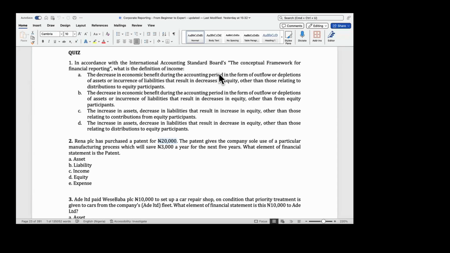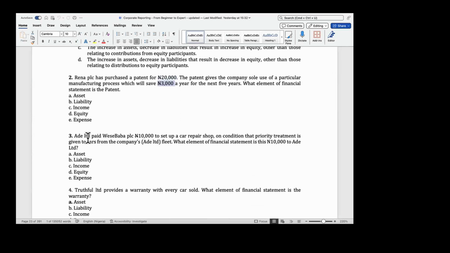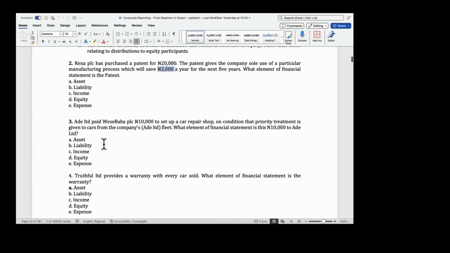What element of financial statements? Assets. It is not an asset. Anyway, he's an asset. That's correct. So he's going to save you 3,000 a year. So it's an asset. Number three, Ade Limited paid, we say, about 10,000 to set up a car repair shop